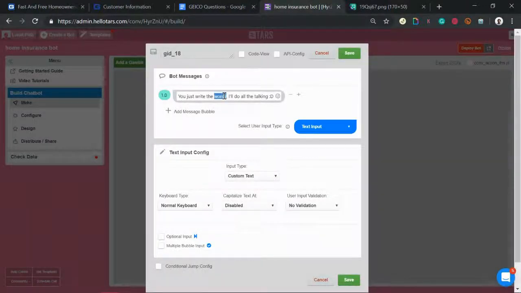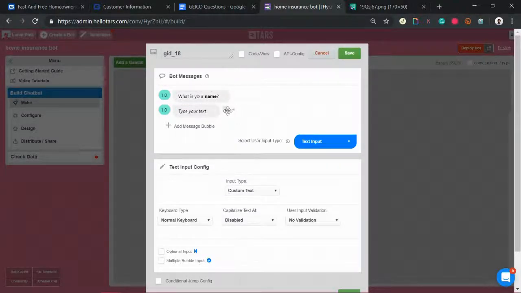So if we ask them for their name immediately after they tap that button, it comes across as a little abrupt and maybe even a little rude. We haven't acknowledged their input. We haven't made this feel like an actual conversation. It almost feels like there's a very clinical robot behind the scenes that's just focused on getting their information, and that comes across again as being a little rude, and you want to avoid that. So before we continue with asking these questions, what we want to do is we want to acknowledge their